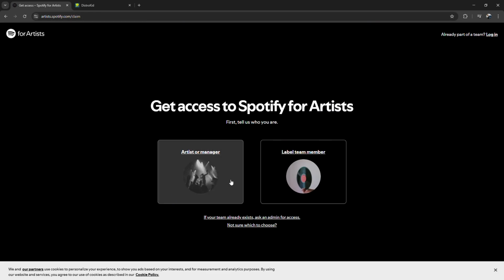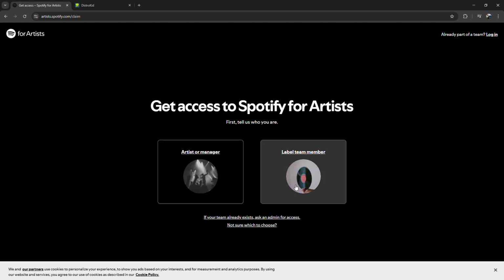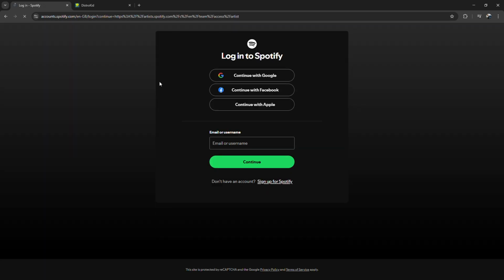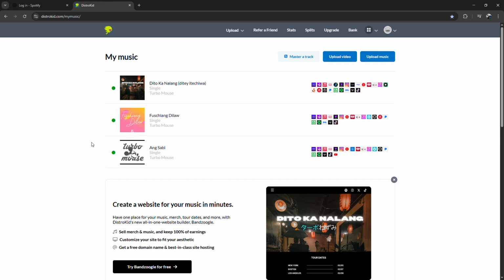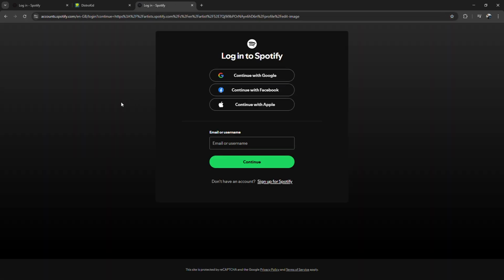You'll need to log in with your existing Spotify account or create a free one if you don't already have one. Next, select Artist or Manager, then search for your artist profile. If your music is already distributed through a service like DistroKid, TuneCore, or CD Baby, you'll be able to claim it. If you don't have music uploaded yet, you'll first need to release a track through a distributor, since Spotify doesn't